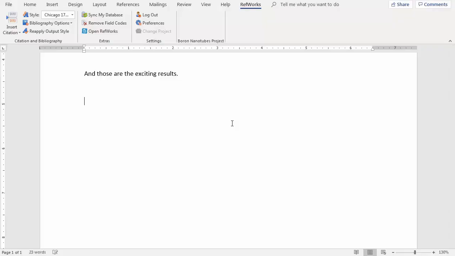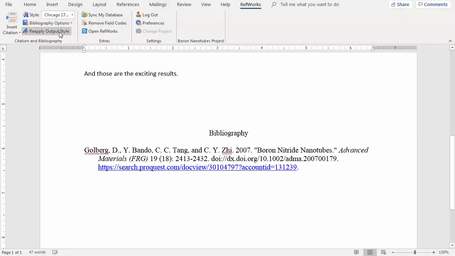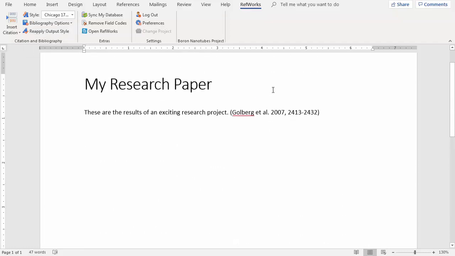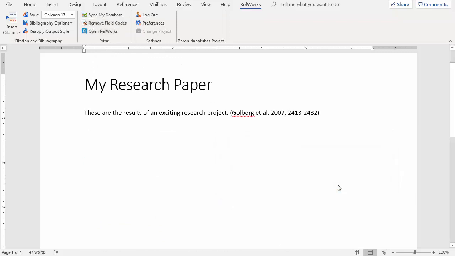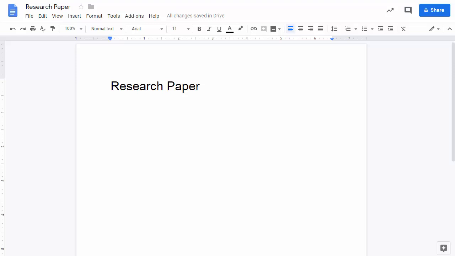When you're done, at the end of your research paper, select Bibliography Options and Insert Bibliography. Because Write and Cite adds codes for the references in your research paper, you may want to select Remove Field Codes, which turns the codes into regular text. This is useful if you need to make a clean copy of the research paper, for example when submitting it to a publisher. If you write your research papers in Google Docs, there is a plugin you can add there